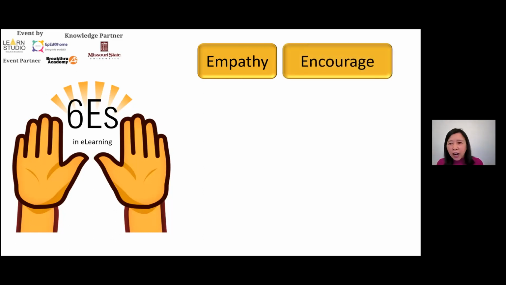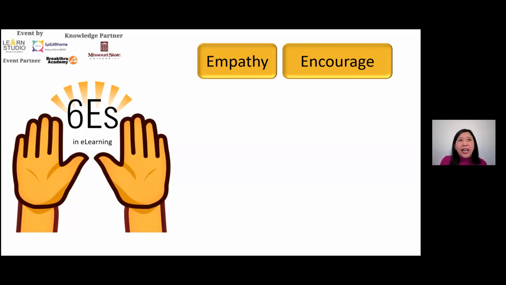Second E, encouragement. Encourage, and constantly use language to encourage ourselves. Remember, the first is to take care of yourself, the teacher, parents, and our student. We can only encourage when we are calm and relaxed. When our attitude is encouraging, our positive attitude will influence our student to be connected to us, and then they would want to learn. The mirror neurons in our brain are reflecting what is being imparted to us.